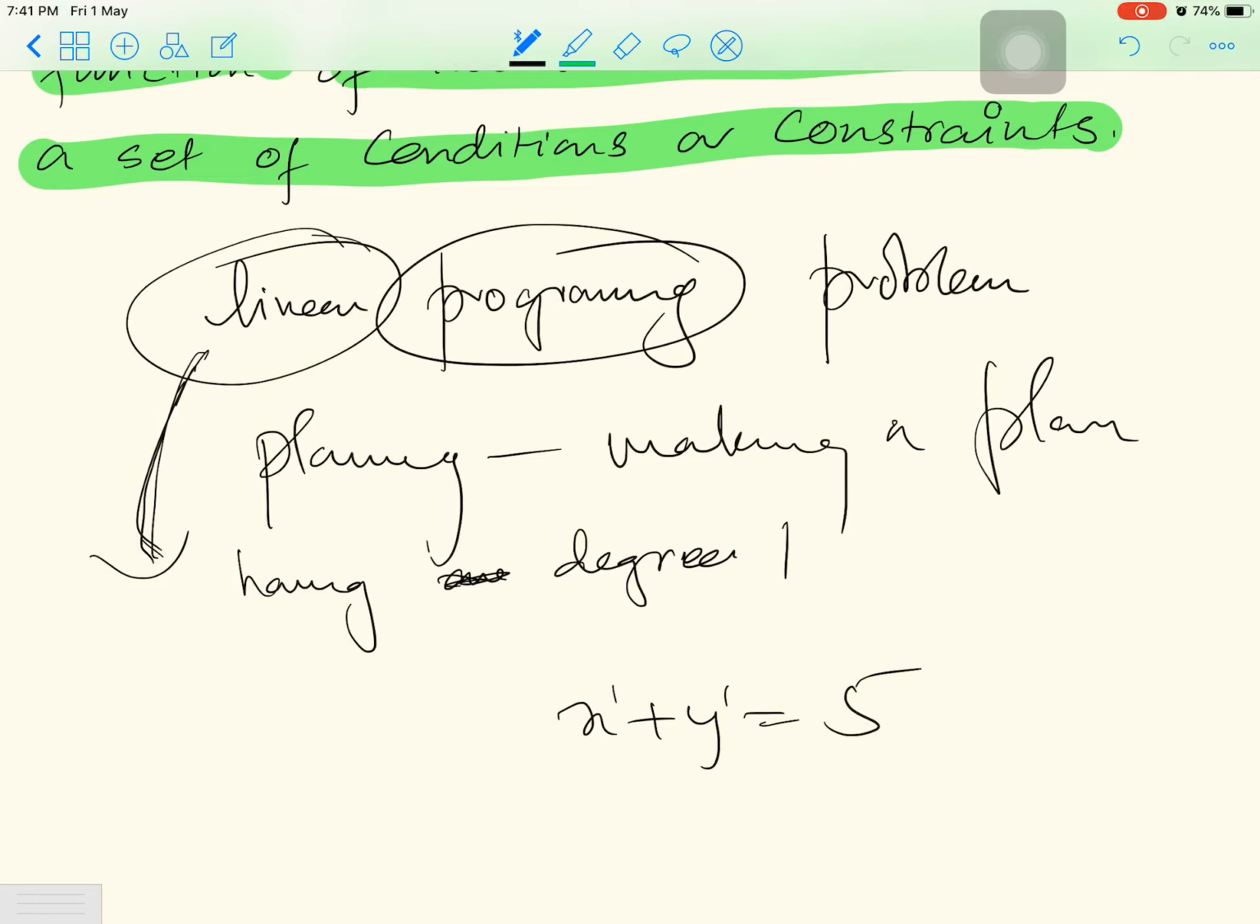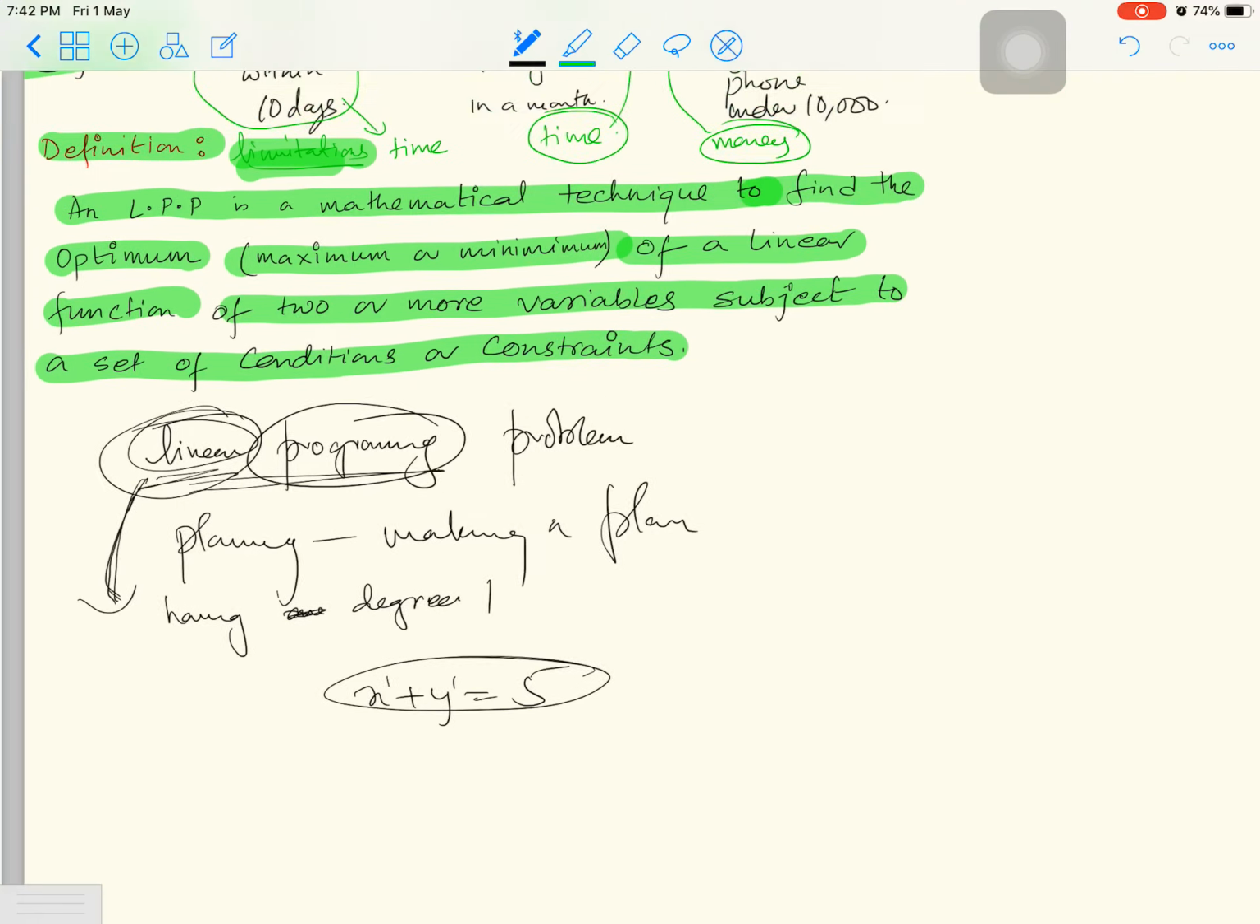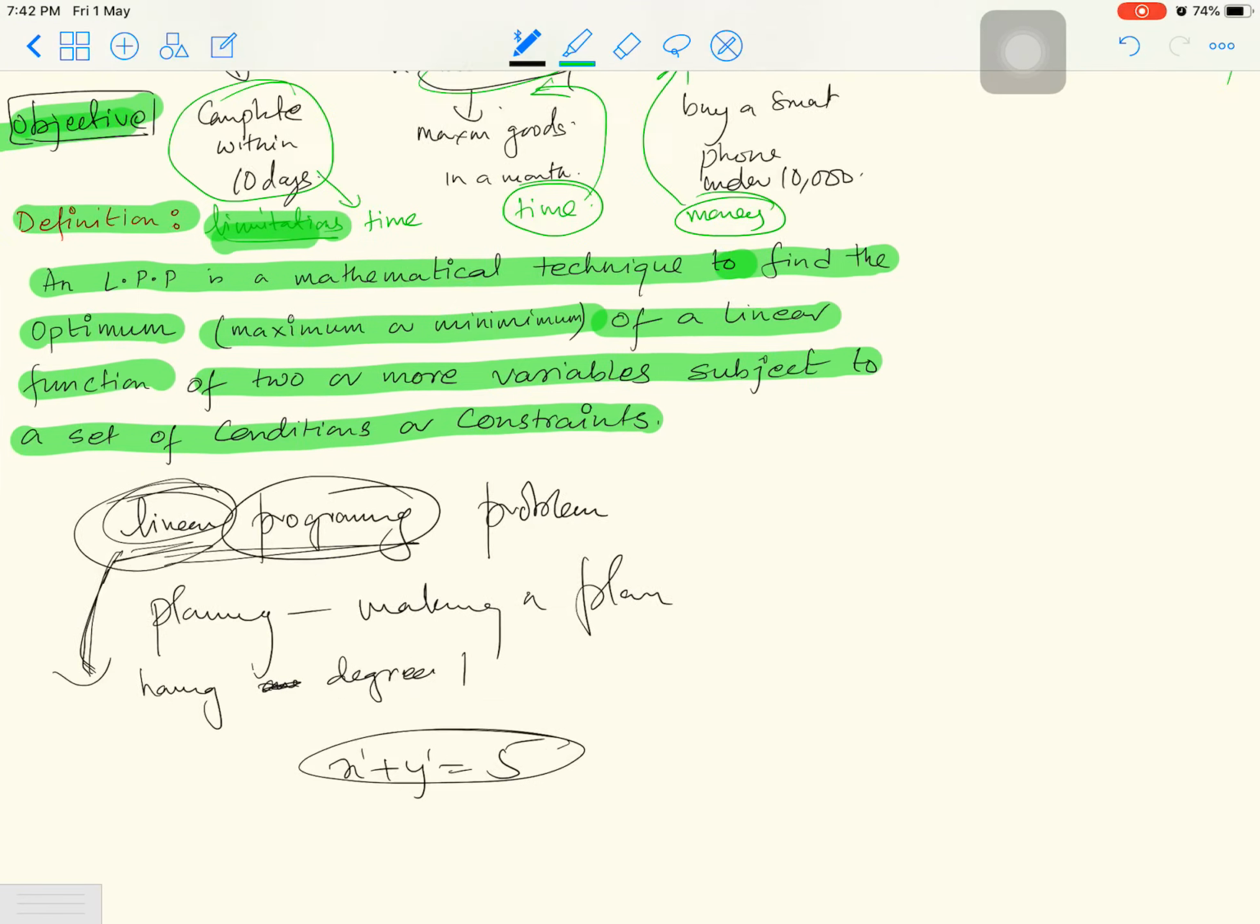So why we call it linear is that the equation that we obtain in this chapter, when we form a linear programming problem, would have degree 1. So mostly it would be something like a simultaneous equation. Linear equation in two variables. That's why we call it linear. Having understood this, now we need to